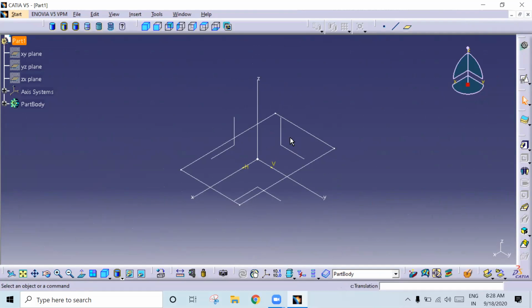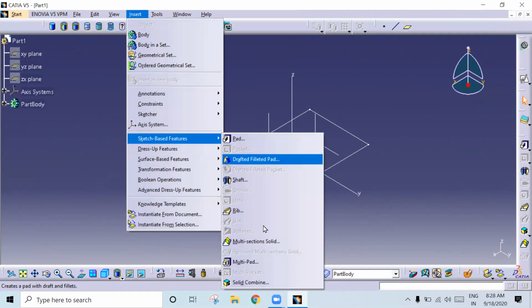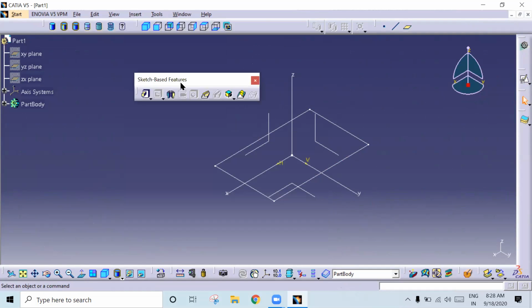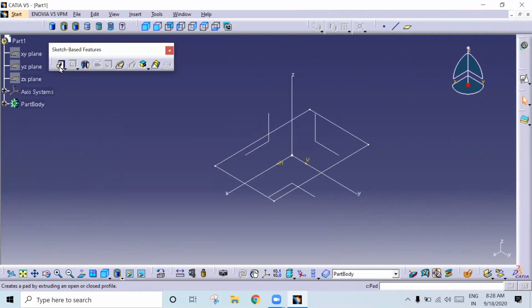Okay, fine. So once you create it, we have many features here. So here you have the window. Just see sketch based features. So here we have pad. So pad, first one, pad is a material adding feature. Okay, you note down this. Pad is a material adding feature. So click on the pad,